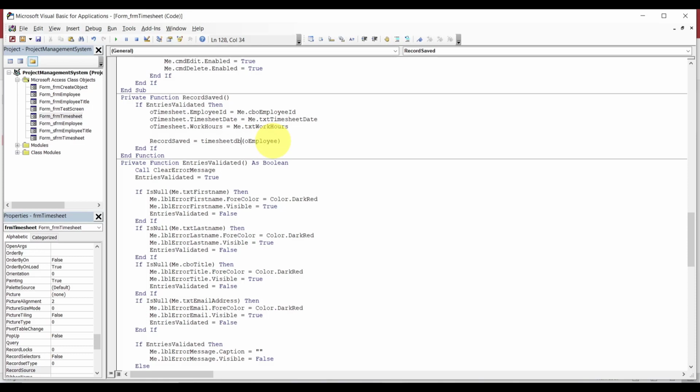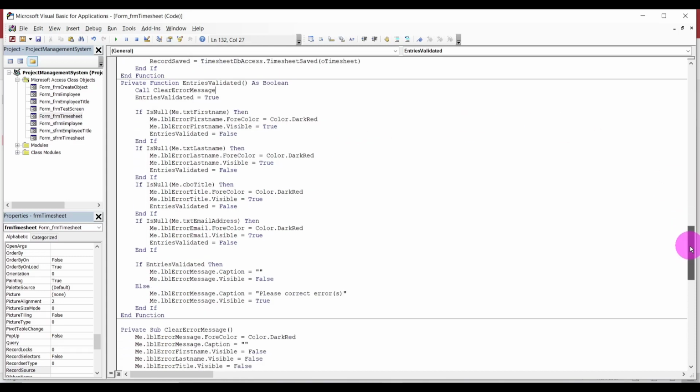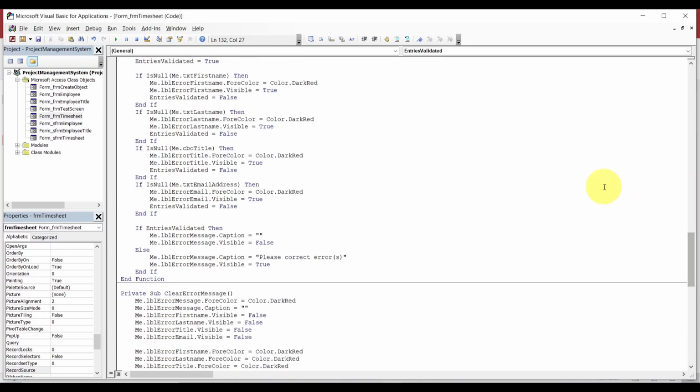Timesheet, DB access, save. Change that to old timesheet. Yeah, if you do this every day, or do it a lot, I should say,